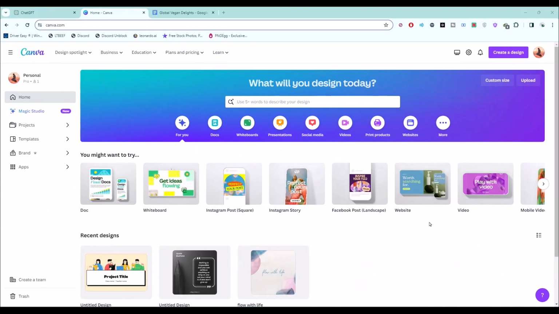So before starting creating your ebook, there are two things that you have to do beforehand. First, just simply compile all the data that you're going to put inside the ebook, like whatever content you're providing in the ebook. For example, in my case, I am going to create an ebook for the best vegan recipes